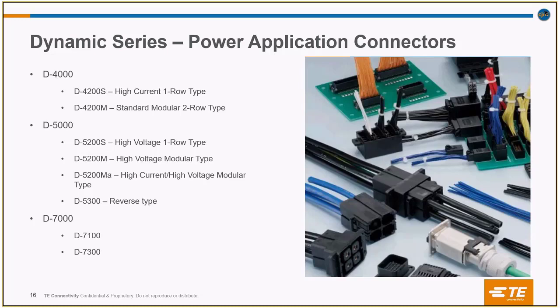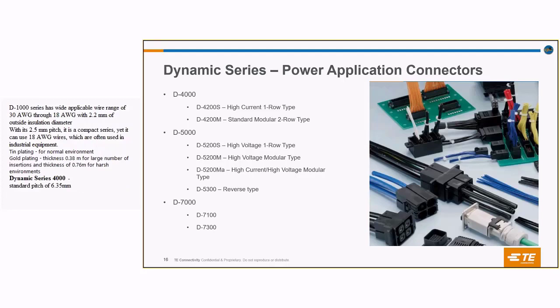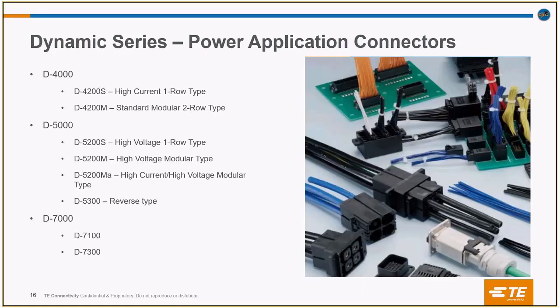Now what is its importance? What is the advantage of the D4000 series? The space. It offers an optimal size, and the pitch of the 4000 series is 6.3 mm. Standard pitch is 6.35 mm, and the wire size is 16 to 12 AWG. Imagine what is the current capacity. It is 24 ampere. That is the dynamic series 4000. We have 2